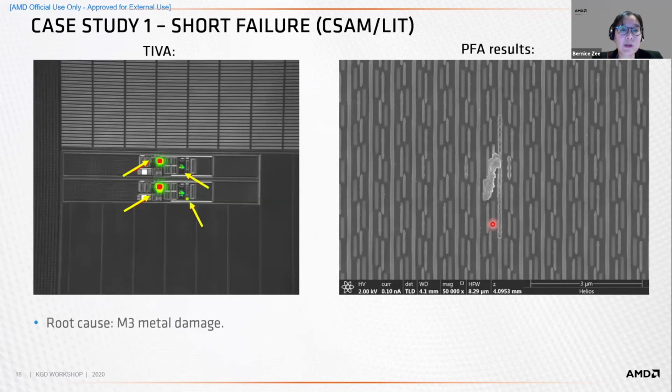Then we went on to do TIVA, which is a laser-based technique for isolation, and we saw there were TIVA sites over here. Then when we did the PFA, the root cause was metal tree damage, which you can see very clearly over here. As mentioned by Mike when he asked the question earlier,